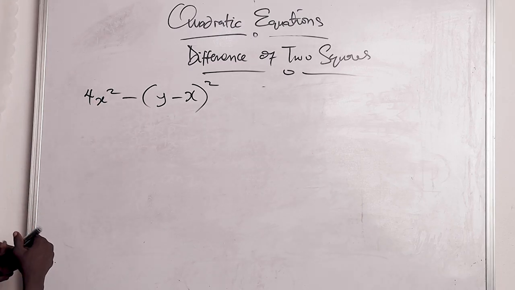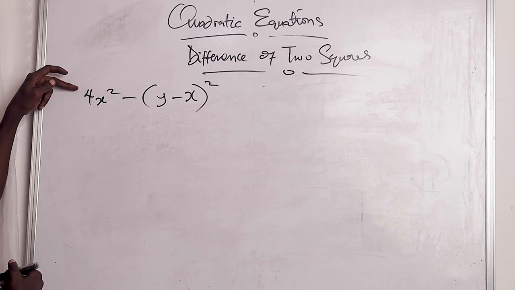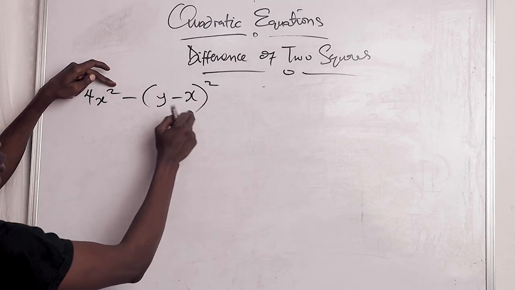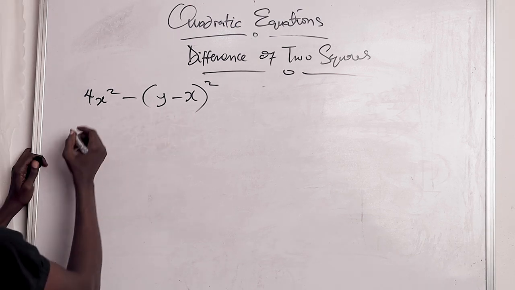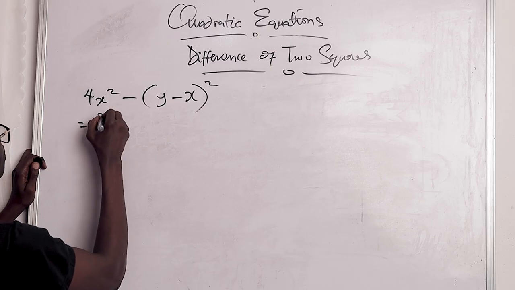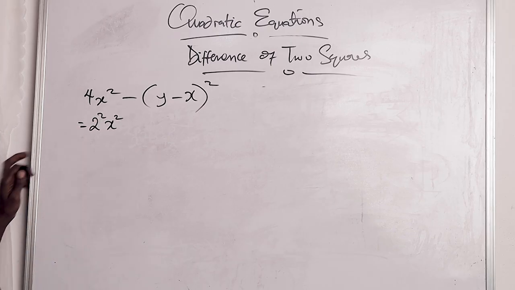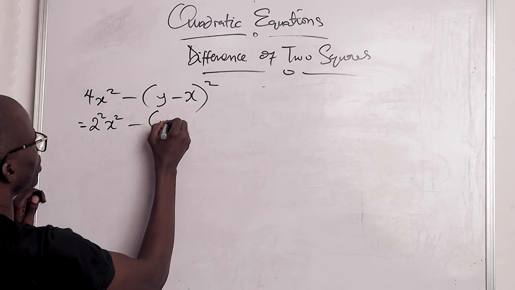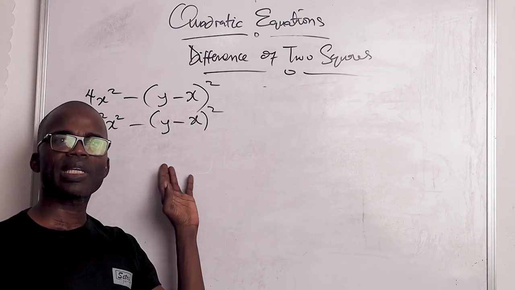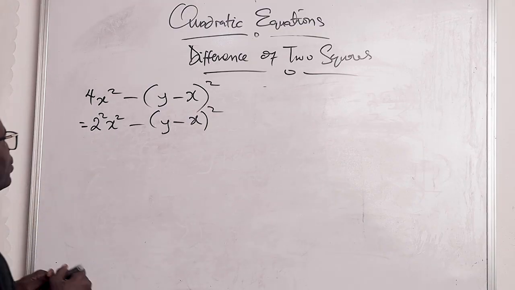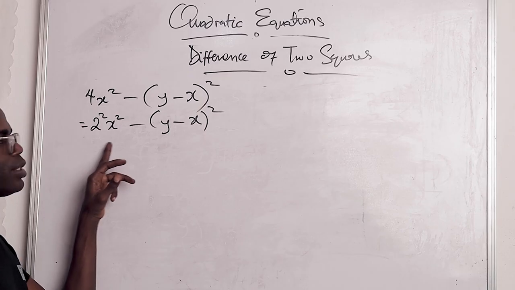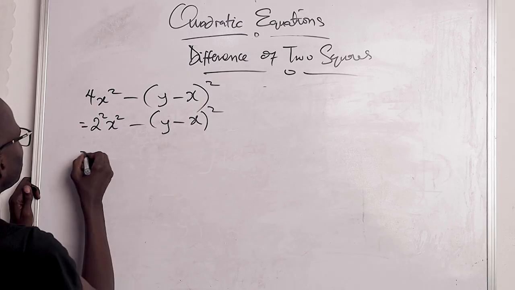In that case, you can find the square root of this to make it also a square number, because this square is affecting every variable within this bracket. So you just come and say 2 raised to power 2 and x raised to power 2 minus y minus x raised to power 2. So if you have this kind of equation, all you just need to do is to say, okay, since everything is in power of 2 now, everything is being squared, this simply means